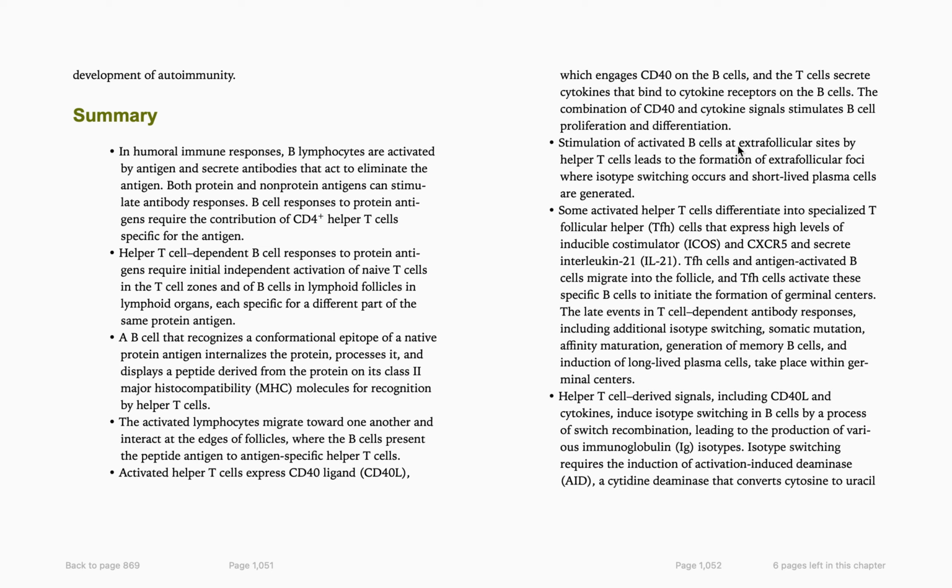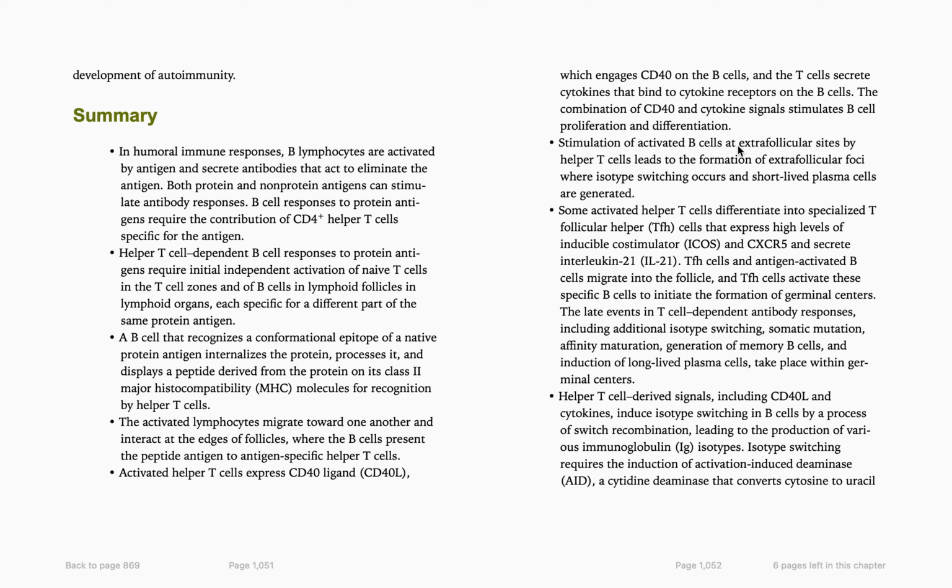Summary. In humoral immune response, B lymphocytes are activated by antigen and secrete antibodies that act to eliminate antigens. Both proteins and non-protein antigens can stimulate antibody response. B cell response to protein antigen requires contribution of CD4 T helper cells specific for the antigen. T helper cell dependent B cell response to protein antigen requires initial independent activation of naive T cells in the